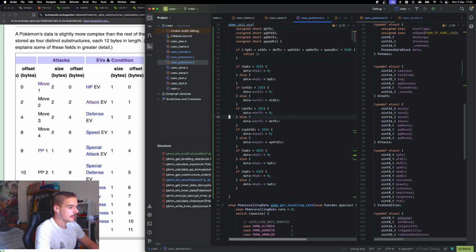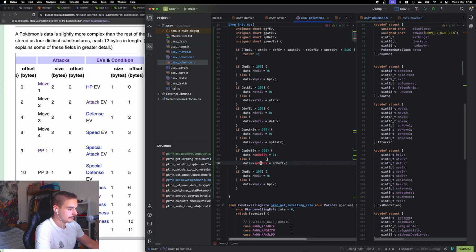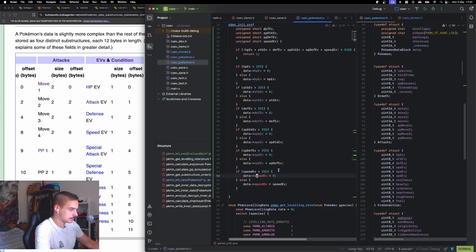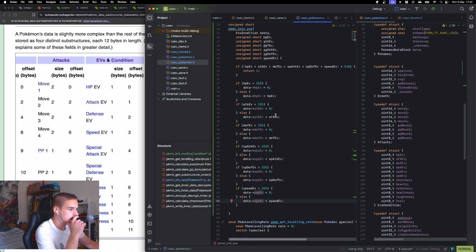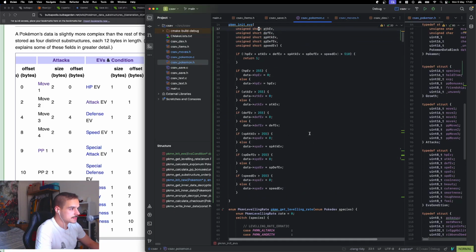Oh, what happened there? So changing this one from HP to special defense, and we don't want that. So SPD EV. And finally, HP becomes speed, and that's also wrong. That's SPE EV, SPE EV. So if we can do these assignments successfully,